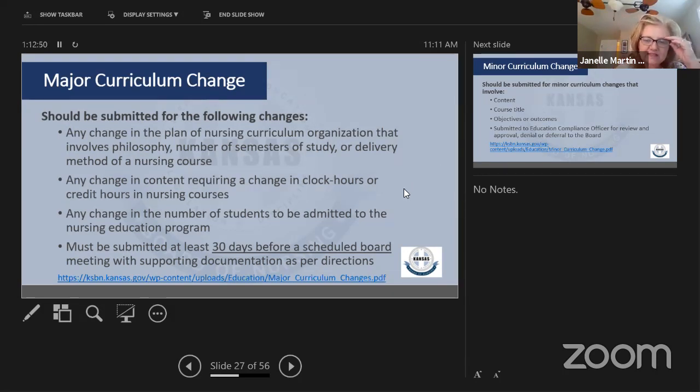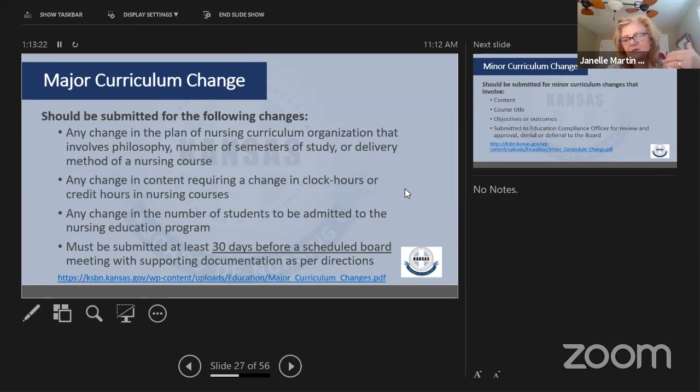No, the board did confirm at this last meeting that right now we have been allowing changes related to COVID, because these are temporary changes, to not require a curriculum change. What we've asked you to do is, if you're changing delivery methods, and some of you have already sent that, but if it's something different than what you were doing before the pandemic hit, if you would just send me some kind of a notice that says, here are our plans, this is what we're doing.